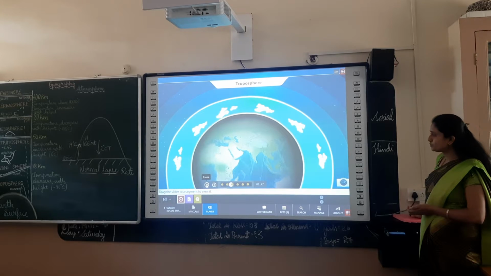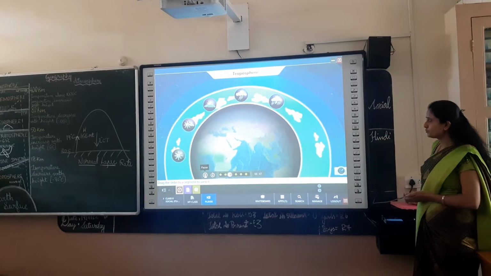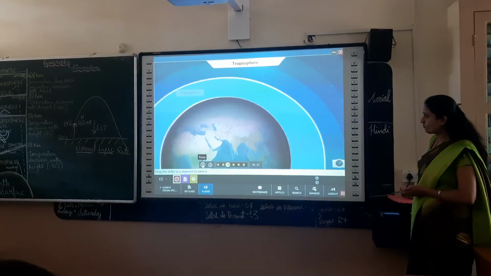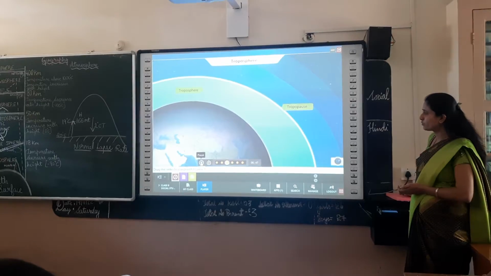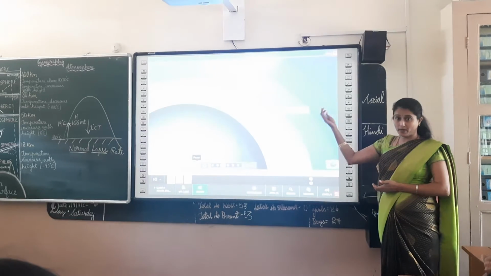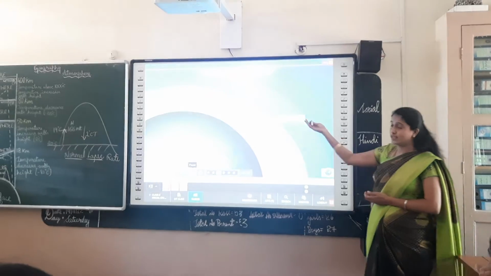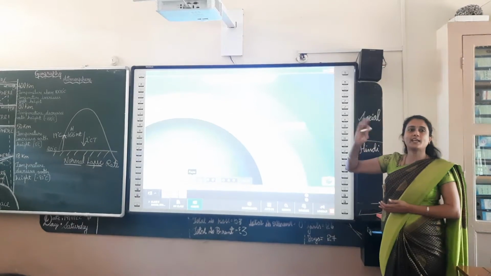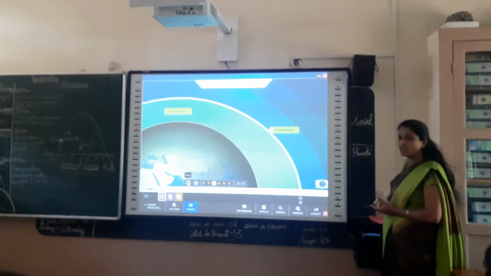The temperature variation in the troposphere is responsible for turbulences. As a result, all weather-related phenomena take place in this layer. At the top of this layer is the transitional zone called the tropopause. As I said, the major climatic conditions like the formation of clouds or the flying of birds all take place in the troposphere only. So is it clear? The tropopause is like a gap between the troposphere and the next layer. Okay, shall we move further, children? Yes, ma'am.